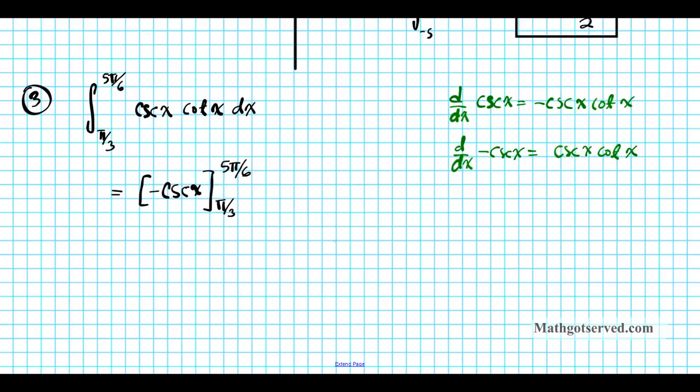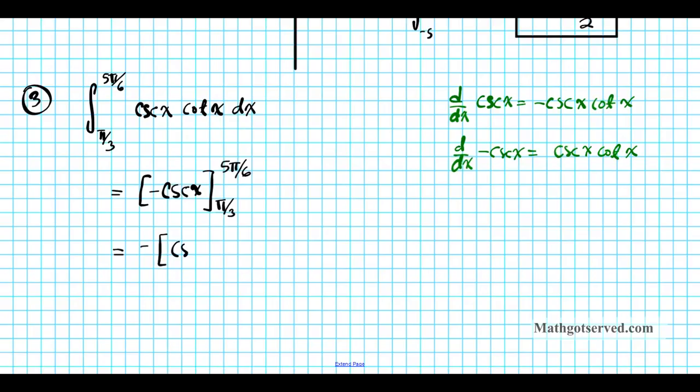Alright, so what we're using now is FTC part 2. Basically, you find the antiderivative and you evaluate it at the upper limit minus the antiderivative at the lower limit. So this is going to become, and another thing we can do is factor out this minus so we don't keep using it over and over again. Let's put the minus on the outside. So negative